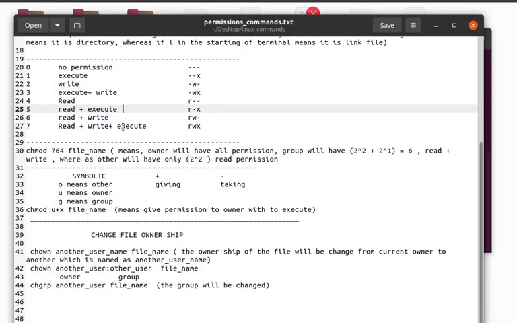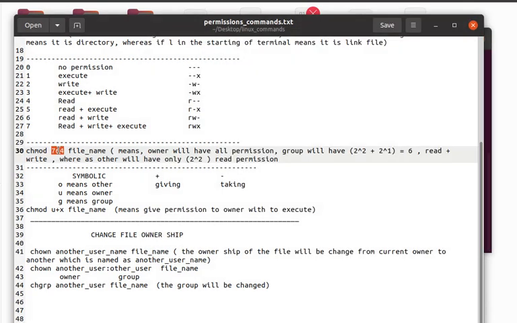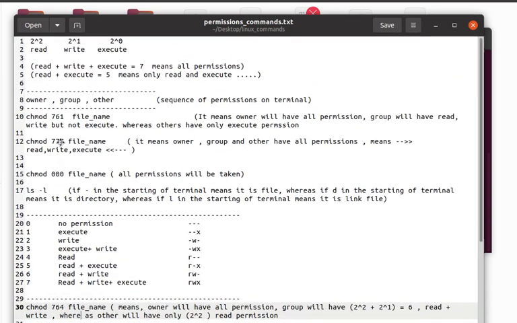So these are some basics. Now let's move to the symbolic representation of these. We changed this permission with the help of these digits. So here I use 764. 764 means what? 7 means add all these.